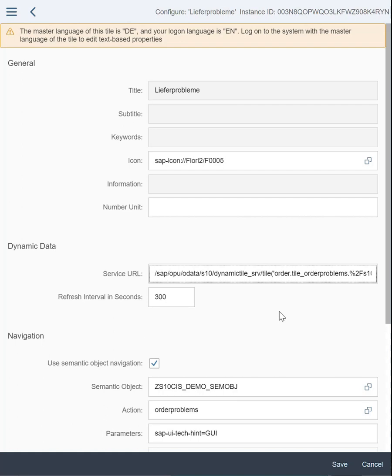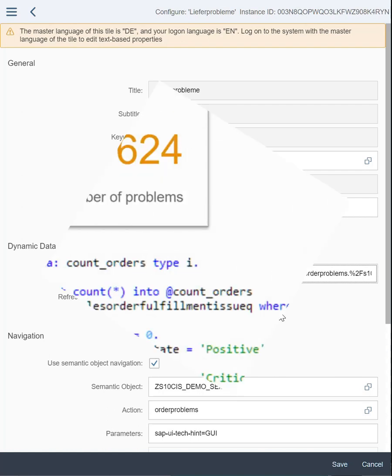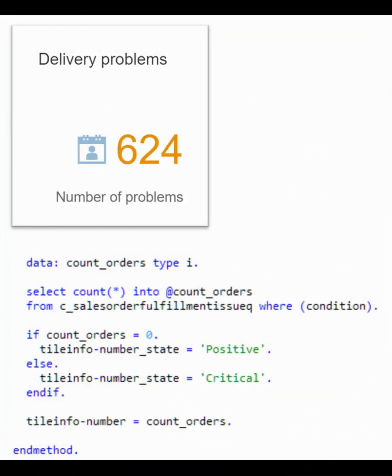The advantage of this procedure is that the service only needs to be created once, and only one ABAP method has to be implemented. Changes in the method are easy to make and quickly executed. As an example, we have the tile displaying the number of orders with delivery problems. The ABAP method uses a CDS view and returns the number of records found. Furthermore, the font color is changed to orange when the number of orders with a delivery problem is greater than